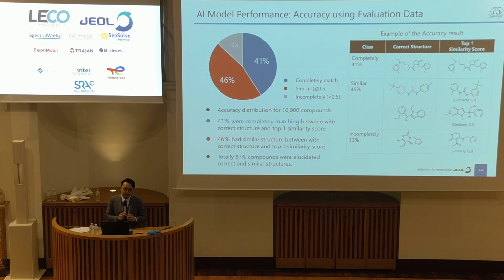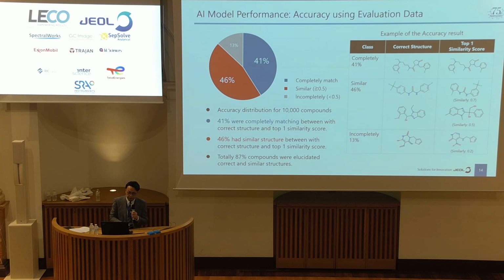And this is another testing evaluation for our AI models. We use 10,000 compounds again for this test. And you can see this table. Here is the correct structure for known compounds. And this is the top one similarity score structures. So actually, 41% of compounds, almost 4,000 compounds, had the same structure as the correct structure in the top one candidates. Okay, and